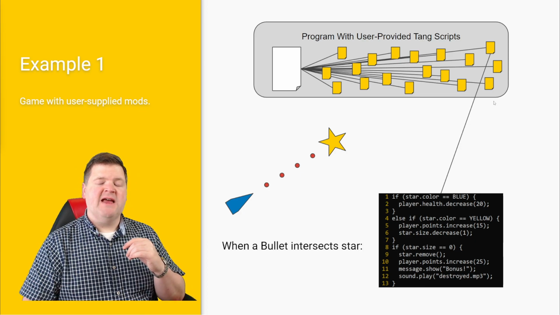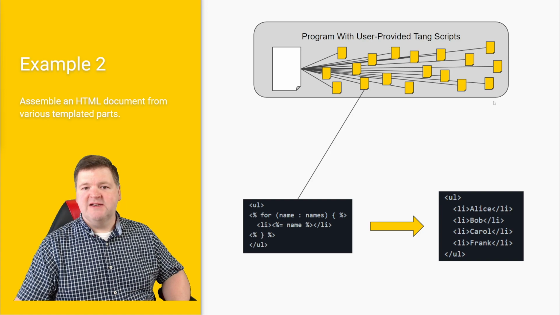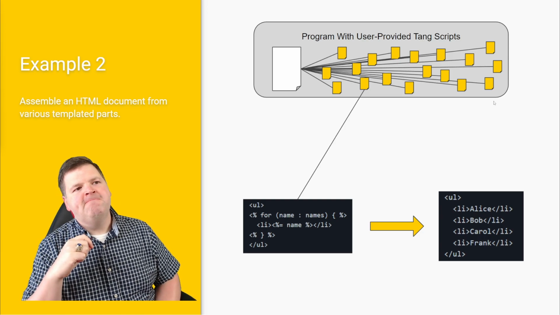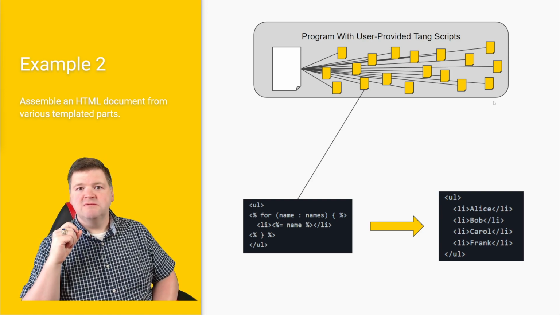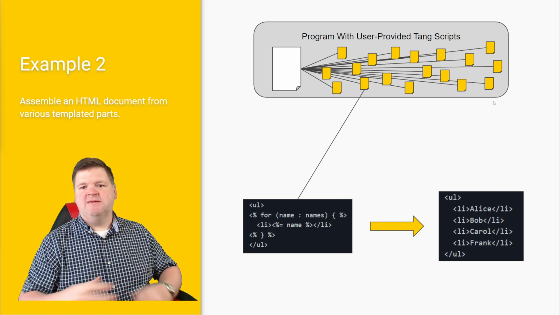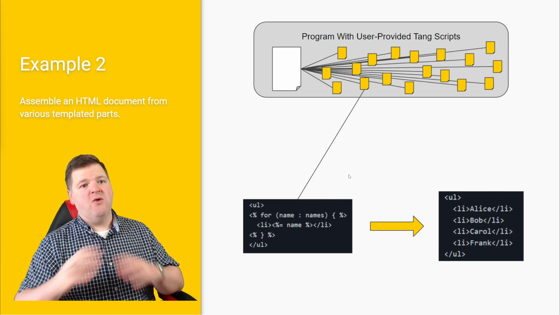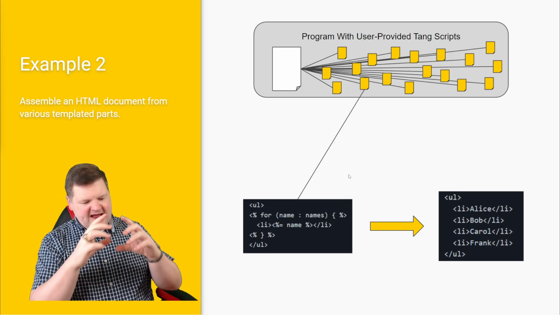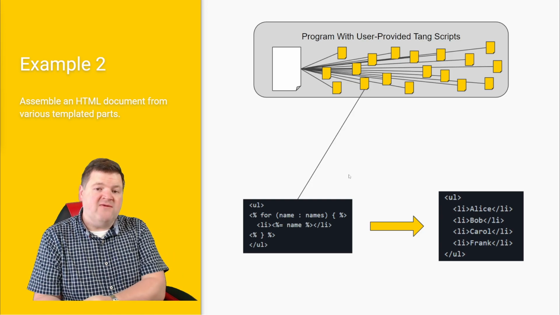Another example, something that might be more akin to what Tang was designed for, was that, of course, it's called Tang, meaning T for template and ANG from language. This is meant to generate HTML, the end result being HTML from a template. So again, the Tang script is a template, and it might be that you're trying to generate a website or generate an email or something like that. And you say, hey, I've got this list of names. How should I display this to the user? And you want to give that off to a